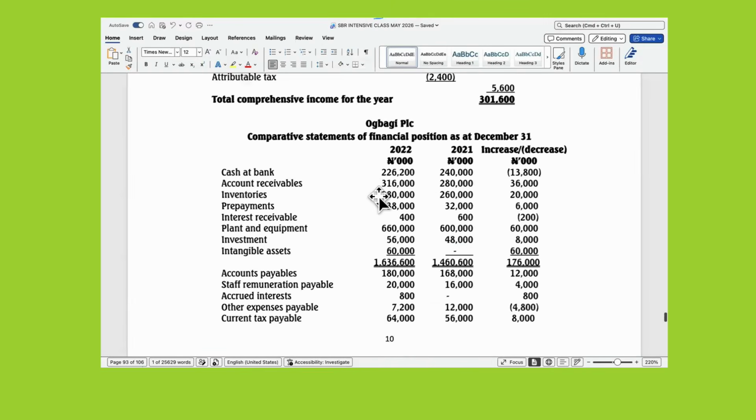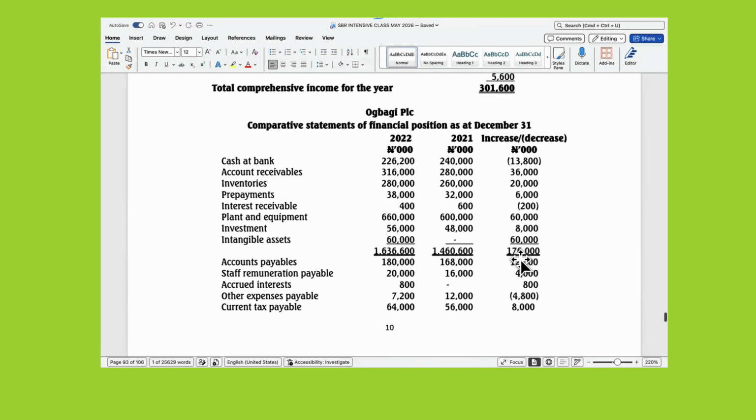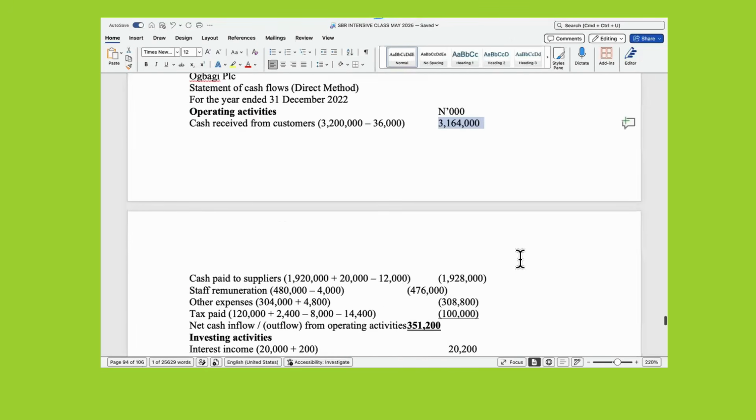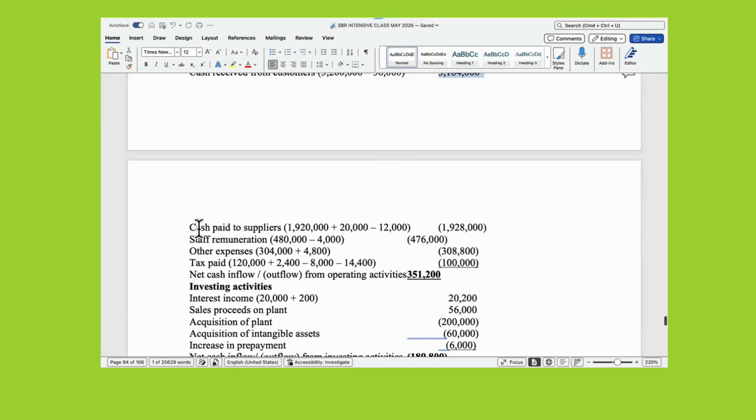So I have inventory of 20 and payables of 12. And all I just did for my cost of sales, I got my cash paid to suppliers. I added the inventory, I deducted the payables, and this gives me my cash paid